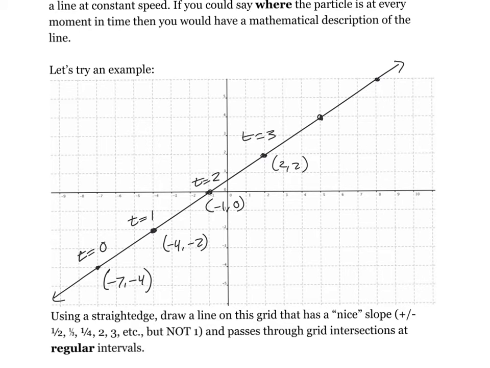Over 3, up 2, and then we get one there, t equals 5. Okay, so we've mapped out the position of this bird over a 5 second period at 1 second intervals,